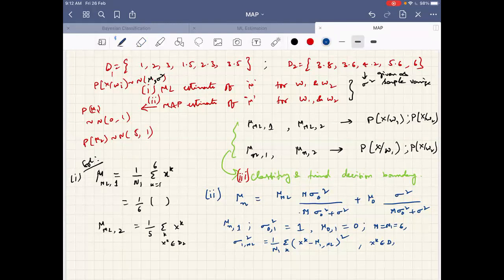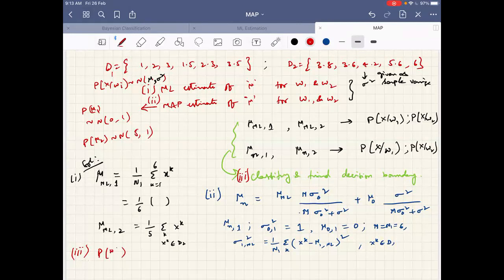Then I want to do the third one. How do I solve the third one? What do I need to solve the third one? Third question here. Now again, some quick answers we can use: posterior probability. How do I get posterior probability using the MAP estimate of mu and sigma? Can you help me to write it here? P of omega 1 given xk.